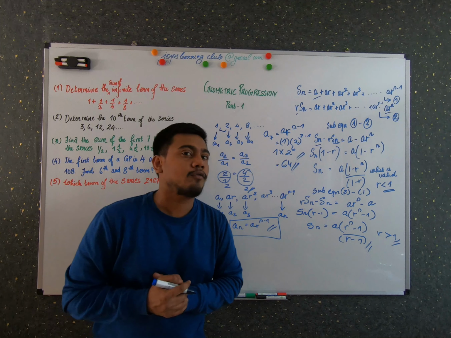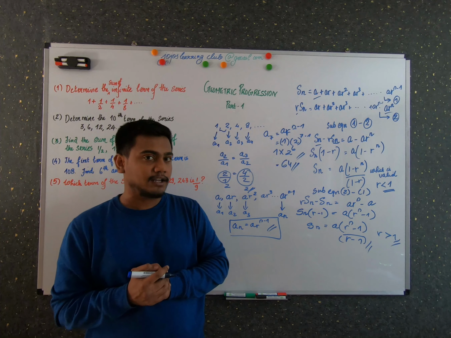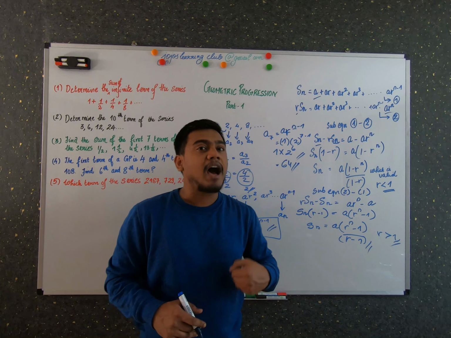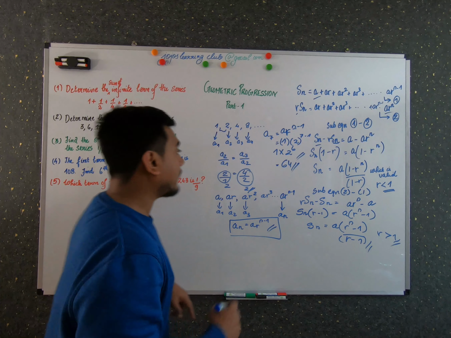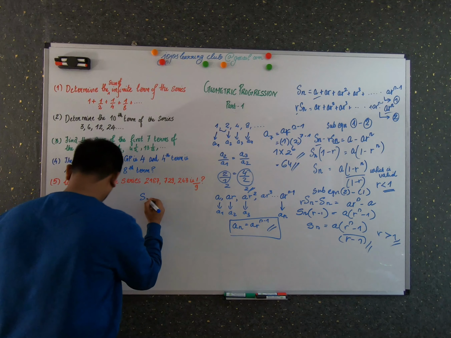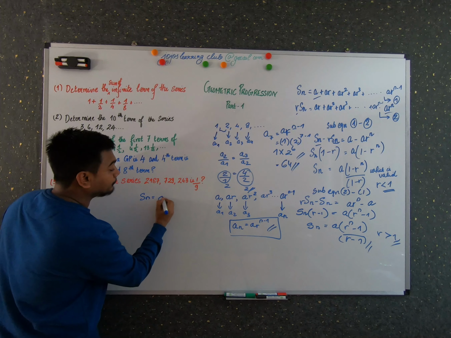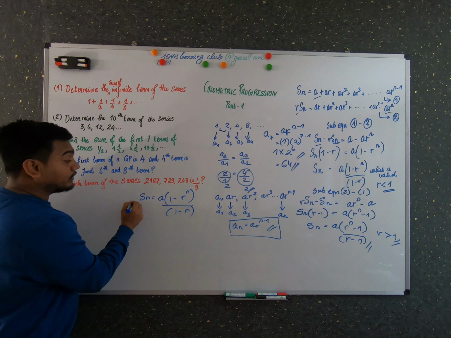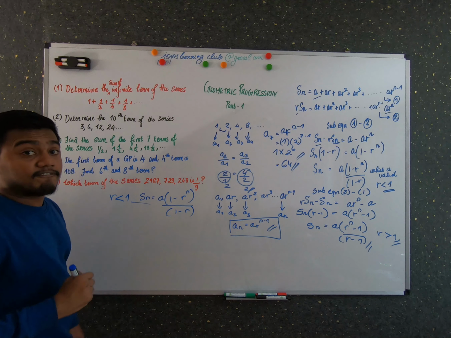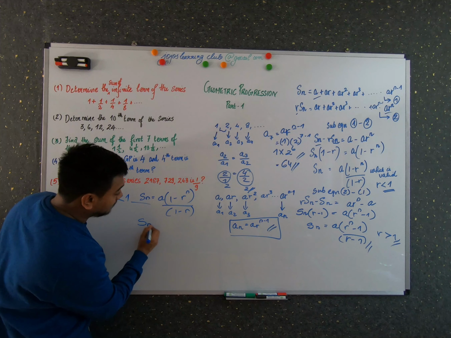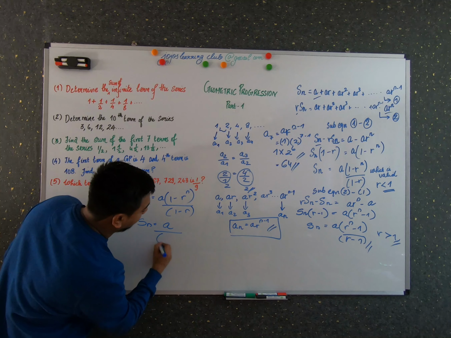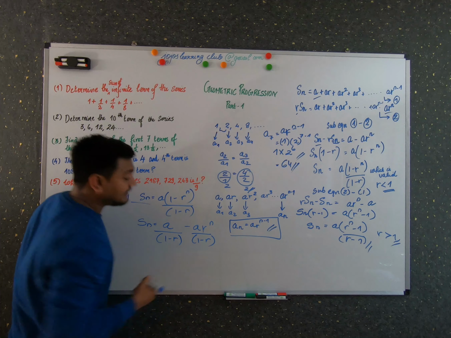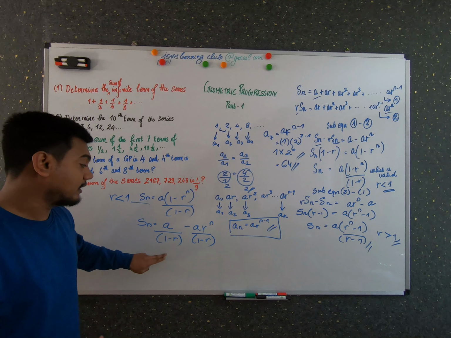So now we are going to derive also one formula for the limiting value of infinite terms of a GP, to find the sum of infinite terms of a GP when the value of r is less than 1. For that you know that the value of Sn is A into 1 minus r raised to n by 1 minus r, right? So this is the formula when r is less than 1. Now I'm going to remove these brackets and apply like this: A by 1 minus r minus A into r raised to n by 1 minus r. I just opened the brackets and split the terms.